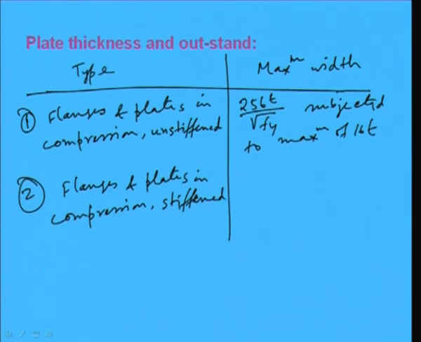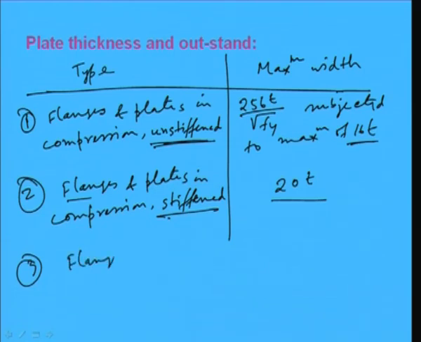In this case this will be 20 T. So flanges and plates in compression with unstiffened, this will be maximum 16 T, and flanges and plates in compression with stiffened plate, it will be 20 T, and flanges and plates in tension, the maximum width will be 20 T, where T is the thickness